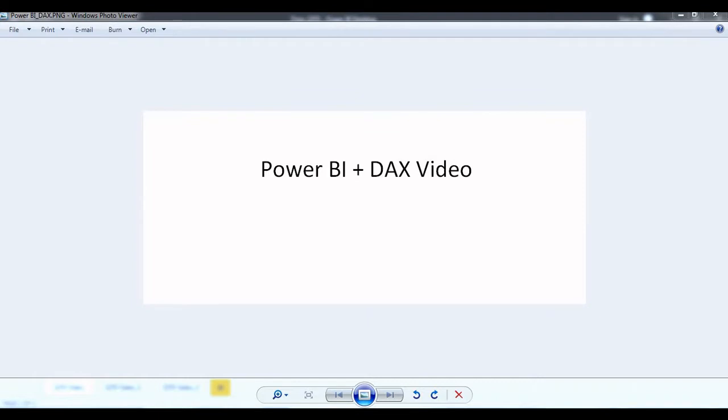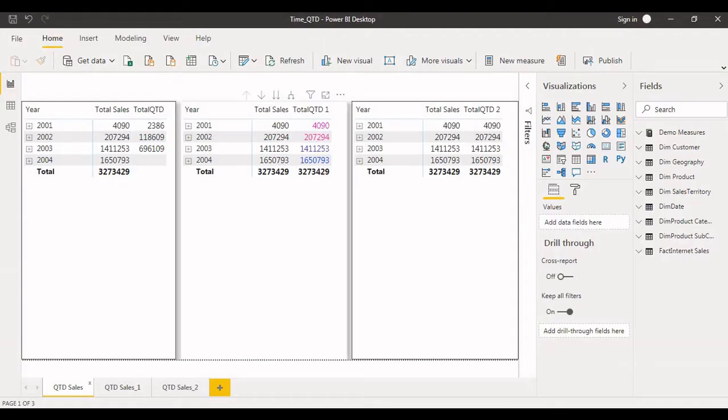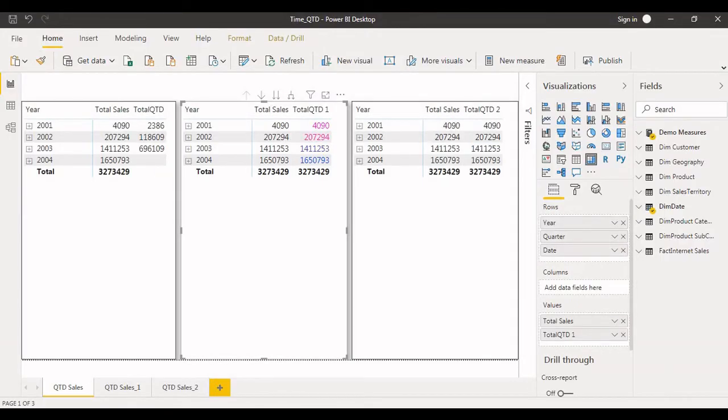In this video series, I'm going to cover more than 20 videos on different use cases using different functionality. So now let's go to the Power BI desktop, where we can understand today's demo. I have already designed this report for today's demo purpose. Let me explain each and every step.